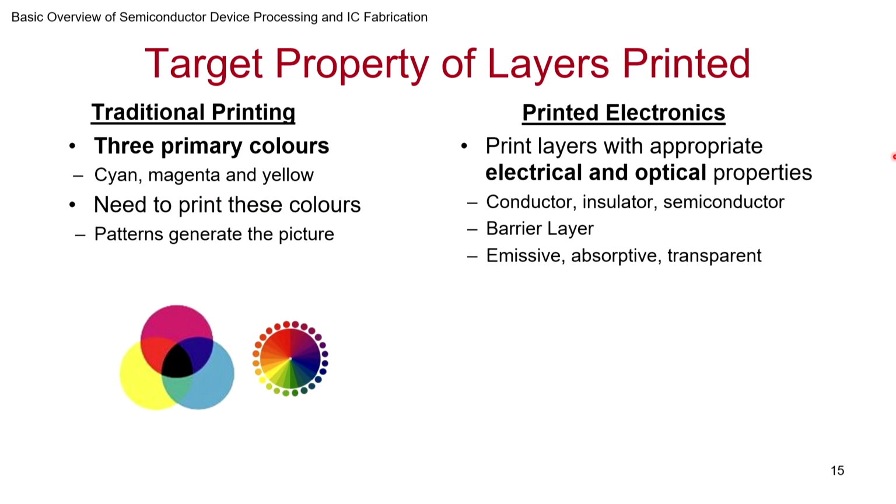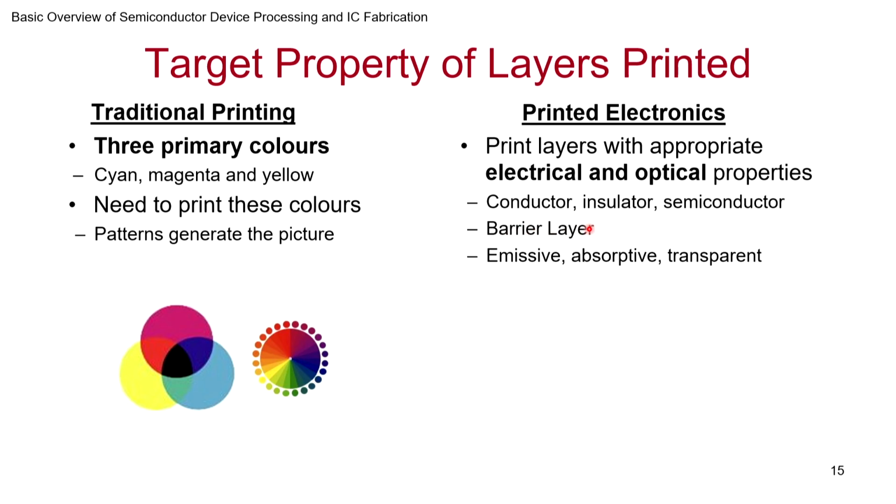Okay. In the world of printable electronics though, it won't be colors. We print electrical and optical properties. On the electrical side, you have insulator, semiconductor, conductor. So the inks should bring that property when they dry and form the layer. If it's an optical property, it needs to be transparent, or it should be responding to light, and so on. It should have fluorescence. That type of property should come to the film.